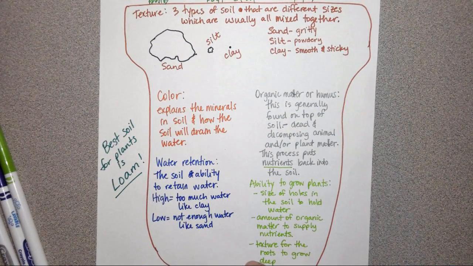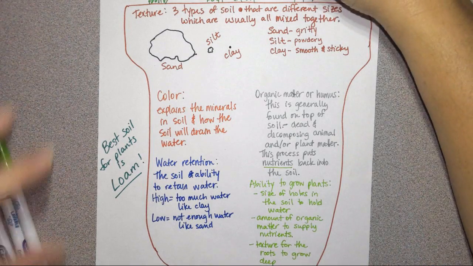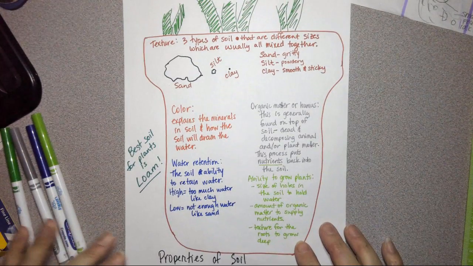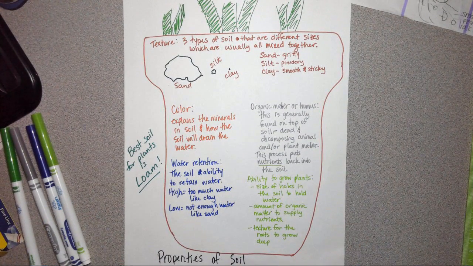I don't know if y'all can see that. Nope, you can't. So, there we go. I'll pause this during class so y'all can finish writing. And this is the end of our soil